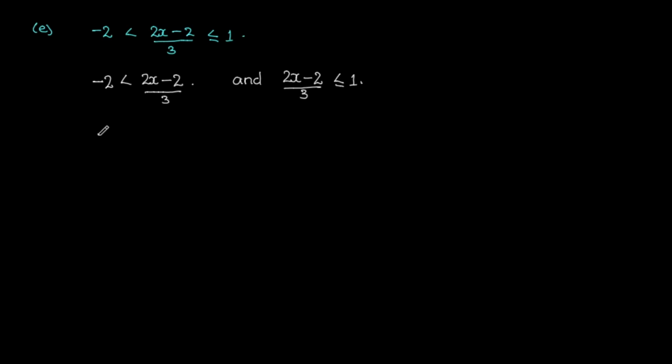So starting from the left, we can get rid of this fraction by multiplying everything by 3. So let's rewrite this, and we have 2x minus 2